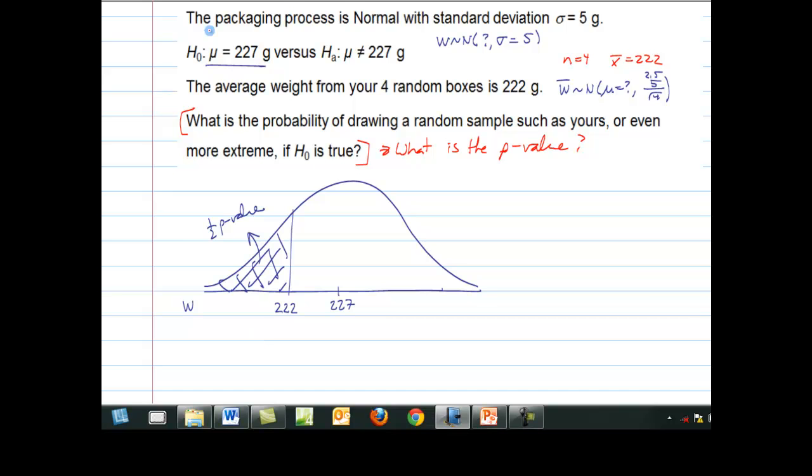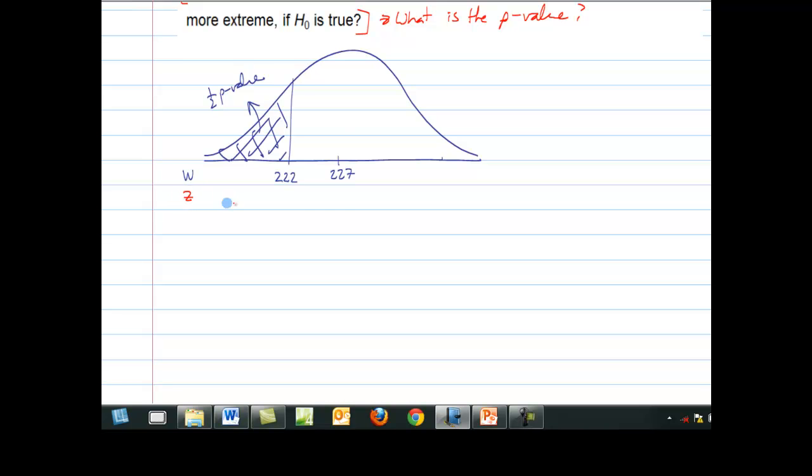So the way we're going to find this is we're going to standardize our score. So when we standardize our score, we know the mean standardizes to 0. This value will standardize to (222 minus 227) divided by 5 over the square root of 4, which is 2.5. And what I get here is negative 2.0. So this says, what is the probability of getting a value as extreme or more extreme than 2 standard deviations below the mean? So to find half of this p-value, I look up negative 2 on my normal tables,